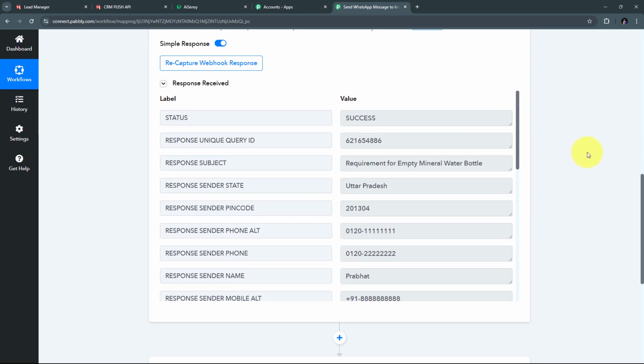And here in Pabbly Connect, we can see I have received this response. So this is the response of my new lead or the inquiry, and here I have all these details. I have the status that is success, I have my unique query ID, I have the subject, requirement for empty mineral water bottle. So this empty mineral water bottle is my product, and this is a test product that I have received as